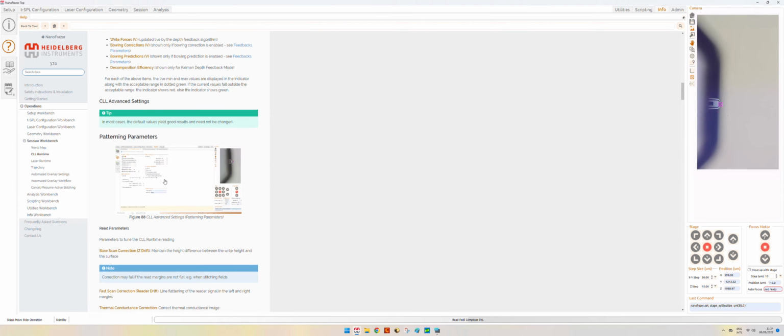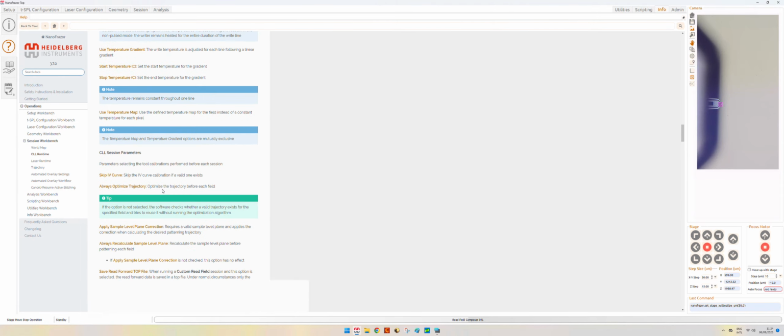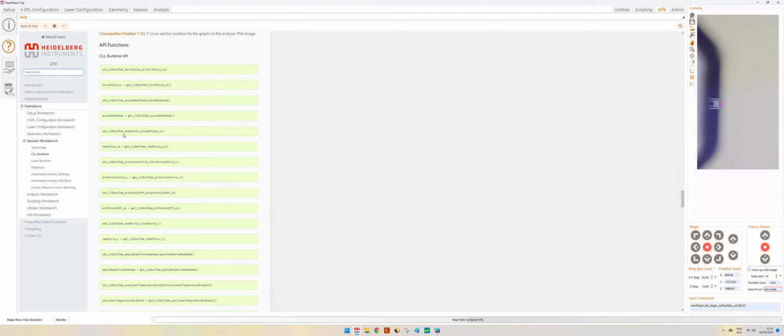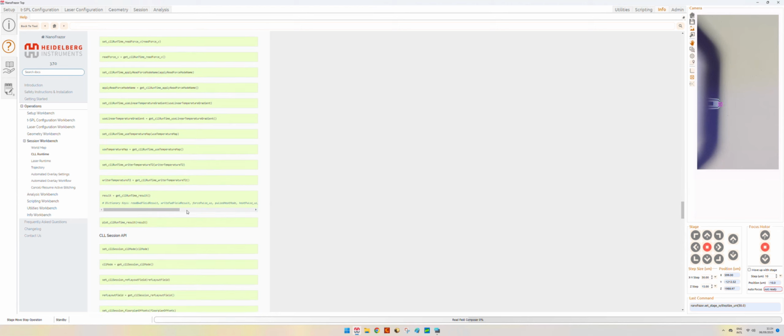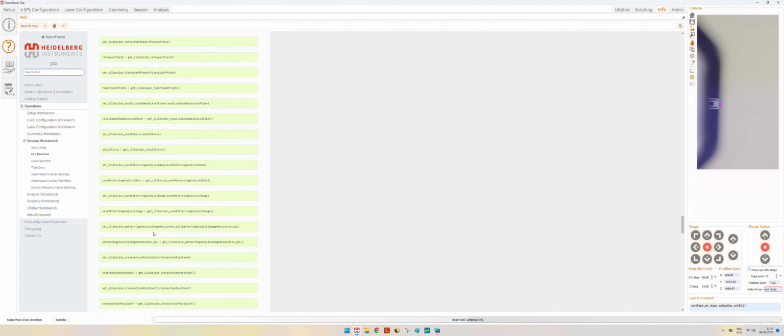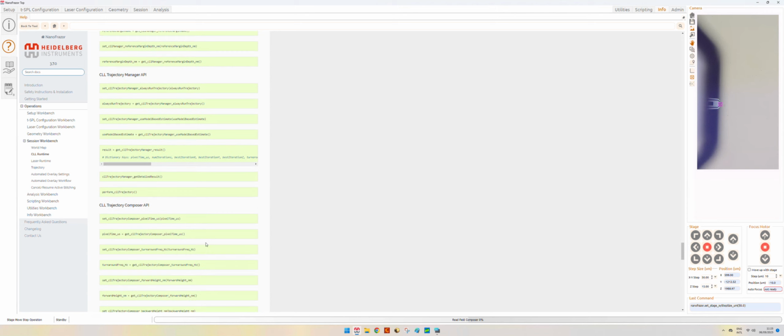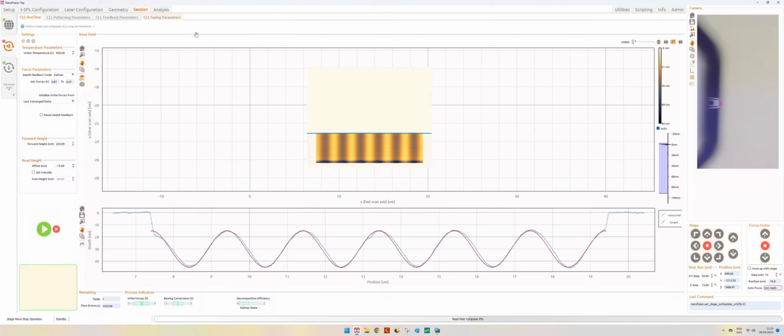At the end of each section, there is the list of the API functions. So you can copy paste them and modify them depending on the data that you're interested in inputting in each function. So this is the same more comprehensive list of any function.